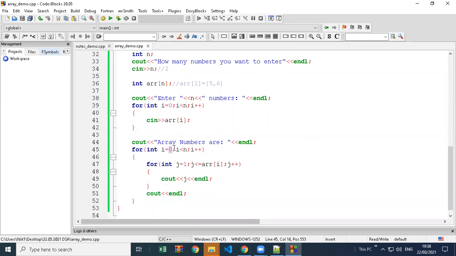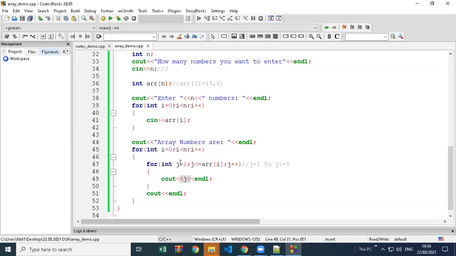See, I value is 0, right? And then the J loop started. So J's starting value is 1, and the end condition is less than or equal to ARR of I. ARR of I is 5, because it is ARR of 0. See what we are printing. In cout, whatever we write, that is what it will print. It will not print I because we are not writing cout I anywhere.